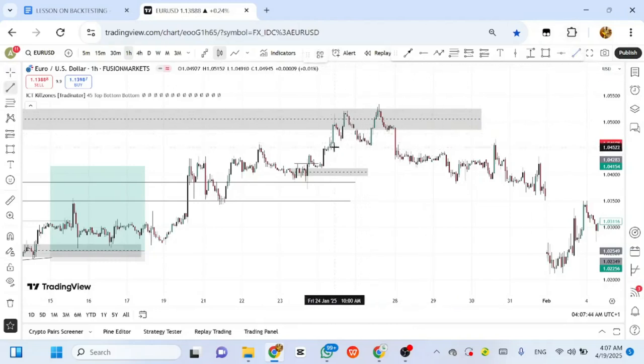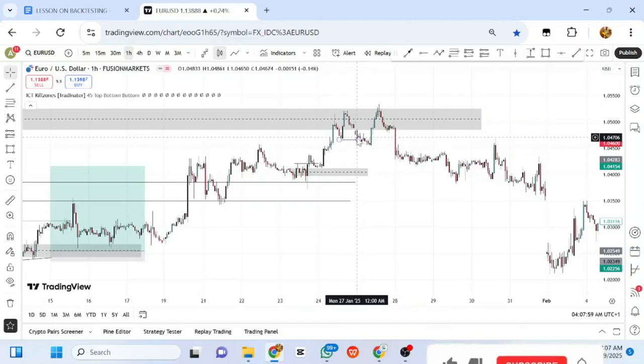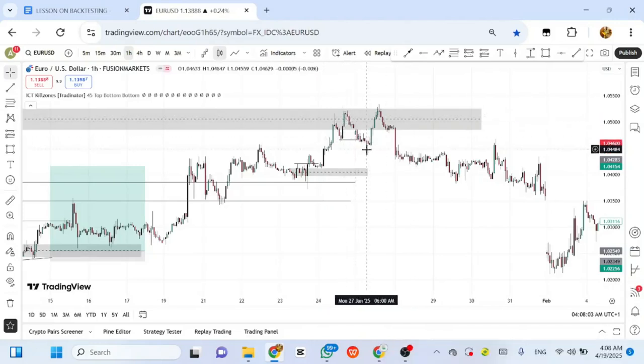What am I seeing? I'm seeing that, okay, first of all, what you see here, the buyers have closed their profit and the sellers are beginning to take over the market. So that's why you see that this low was broken. Then this low was broken. I don't want to just rush and use this supply zone and sell the trade, because this market was just buying. Rather, I want to wait for some kind of confirmation.